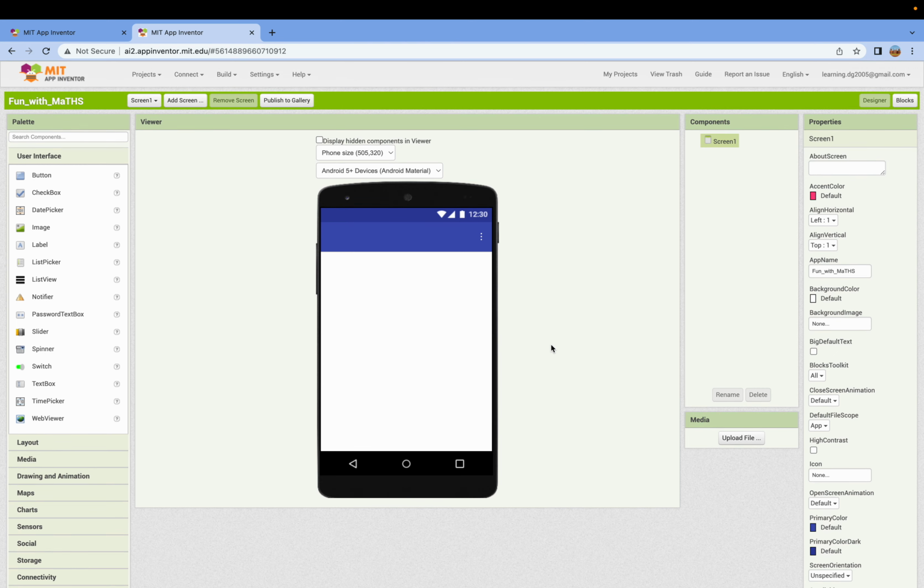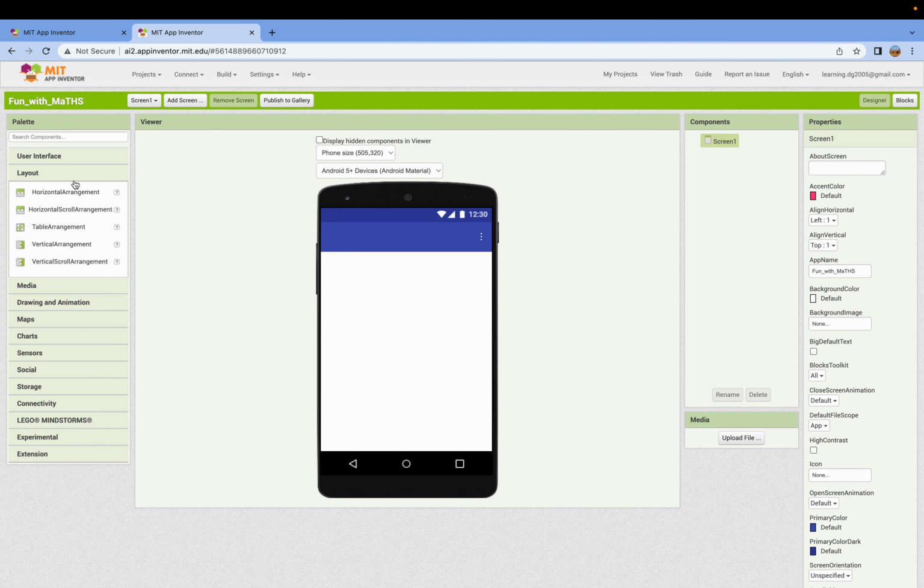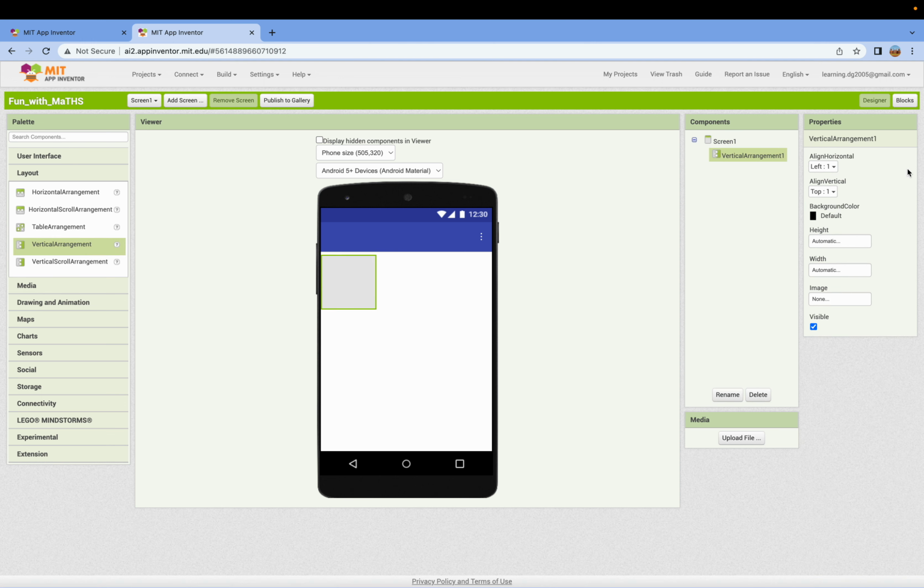Done. Now we drag one vertical arrangement from the layout, and the align horizontal is center 3 and align vertical is center 2. Height is fill parent and width is also fill parent. Background color is cyan,